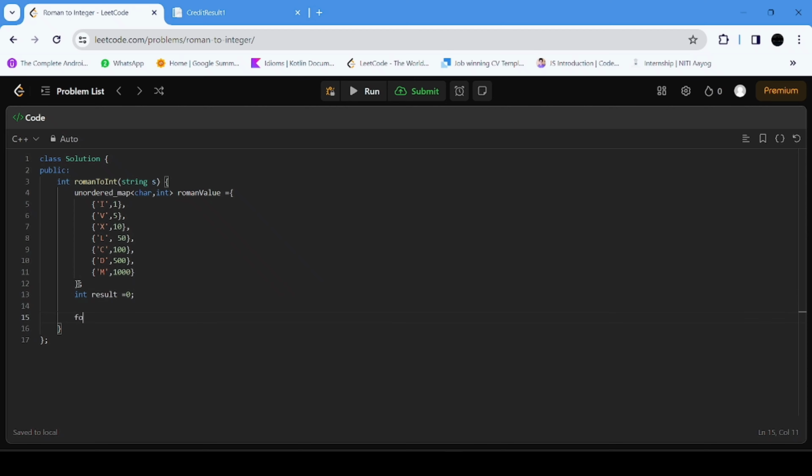Now we will be starting a for loop for our i at 0, giving its range till the length of string s: i smaller than s dot length. Till then we will be incrementing our i. Now inside the for loop we will be writing an if else condition. If our i, which is the current element, is smaller than the length,